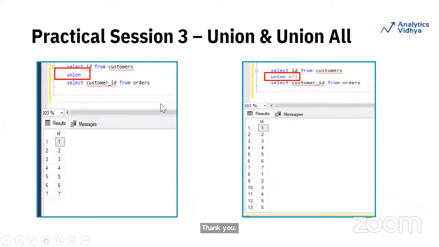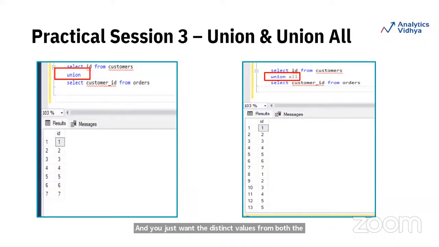And then we have union and union all. So union is basically when we want to append the data. Let's say you want to stack data from 2 different tables, and you just want the distinct values from both the tables.